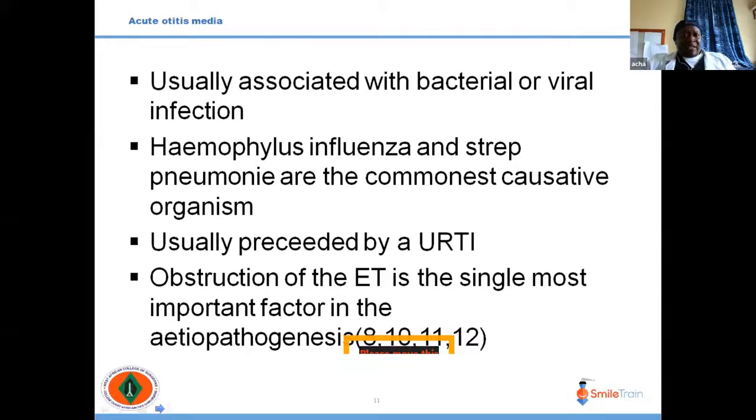Acute otitis media is also very common in children with cleft palate. The reason, as I've said before, is that they have a more horizontal and short eustachian tube. And because of the recurrent inflammation of the nasopharynx, because of the cleft palate, there is blockage of the opening of the eustachian tube. Because of that blocking, there is stasis of secretion in the middle ear, which leads to infection.